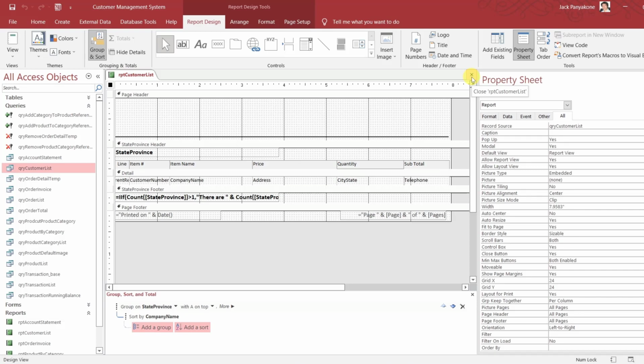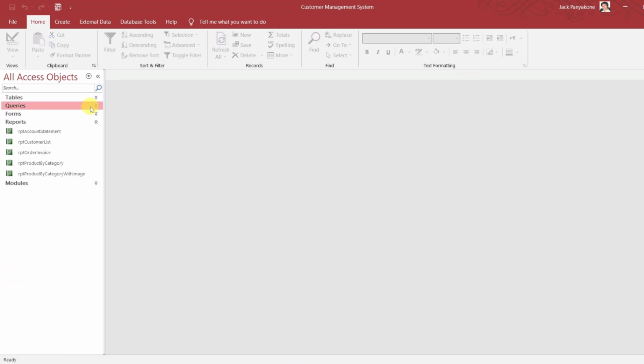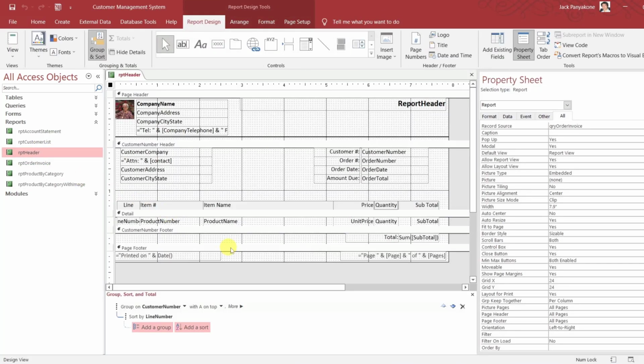I'm going to attempt to make the header differently. So I'm going to make a copy of this guy again. Order invoice. Control C, Control V. Report header. Let's call this header and go to the design, and we are going to